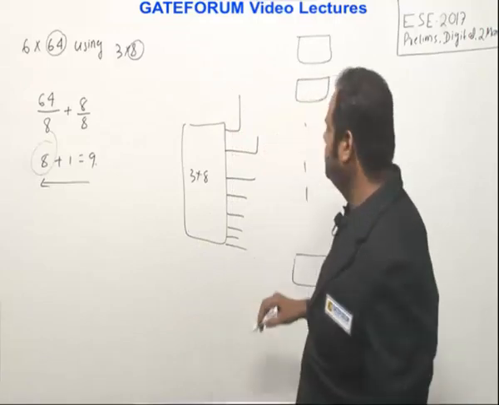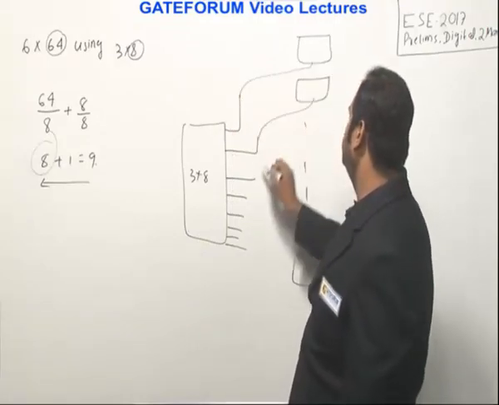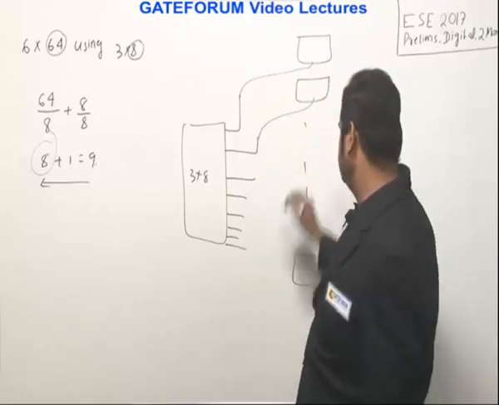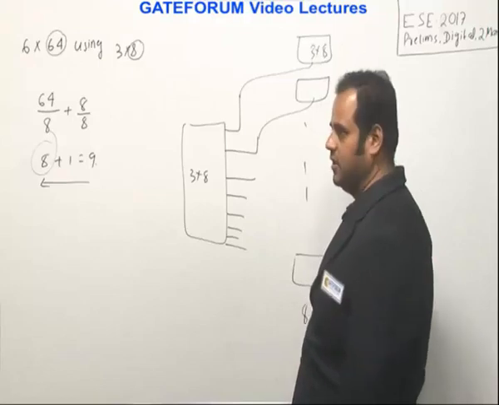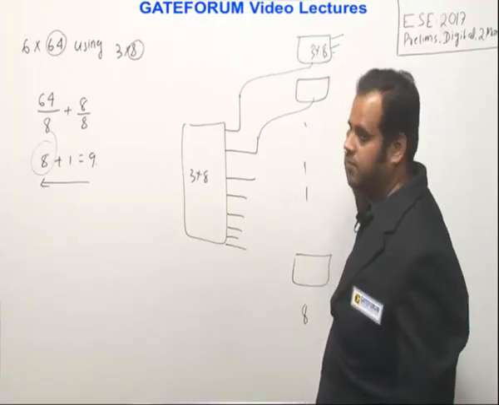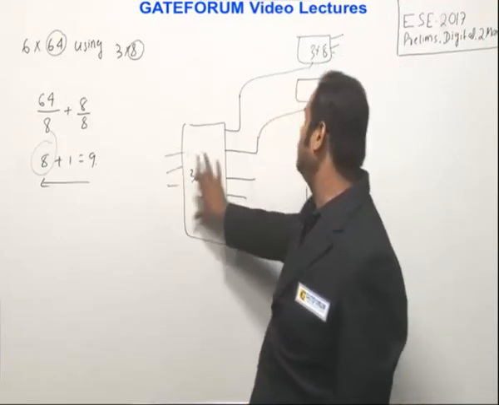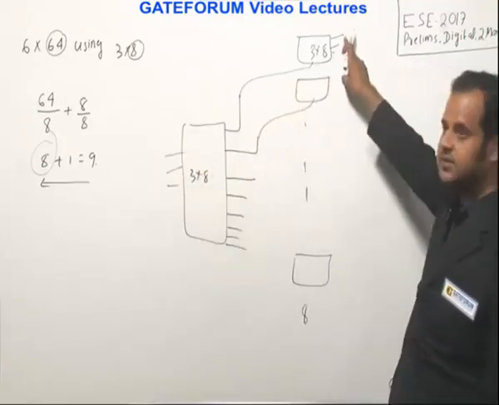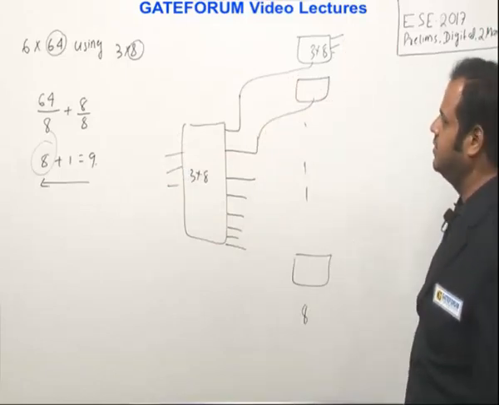And then how to connect them? These 8 outputs should be connected to the corresponding enable inputs of these decoders. These are all 3x8 decoders, so in this stage there are 8 of them, and each has 8 outputs. There are 3 inputs in the first stage, and in total how many outputs? From each of these there are 8, so 8 into 8, 64. Right?